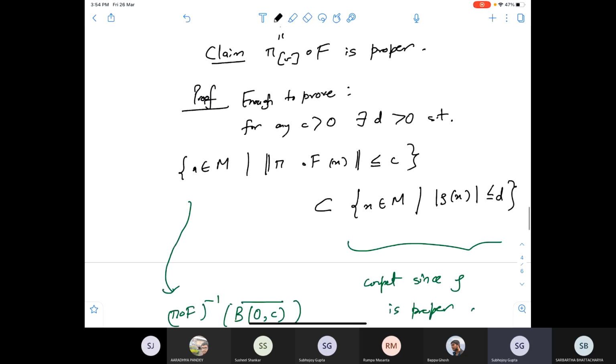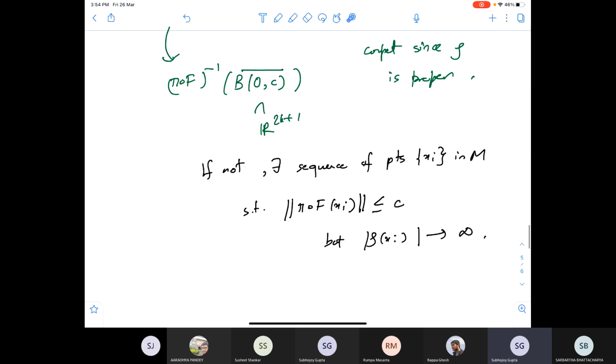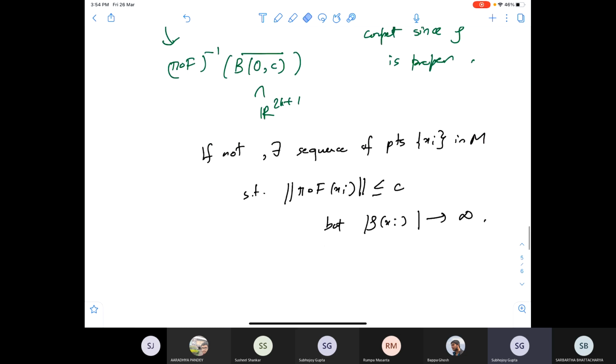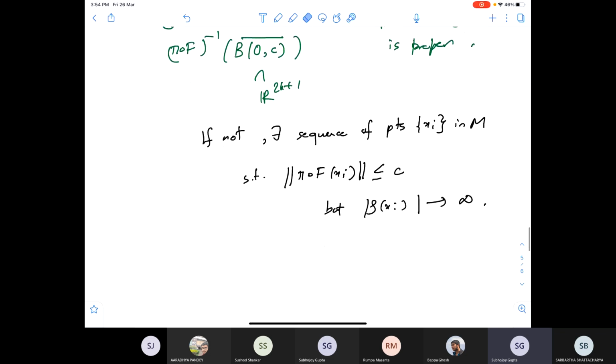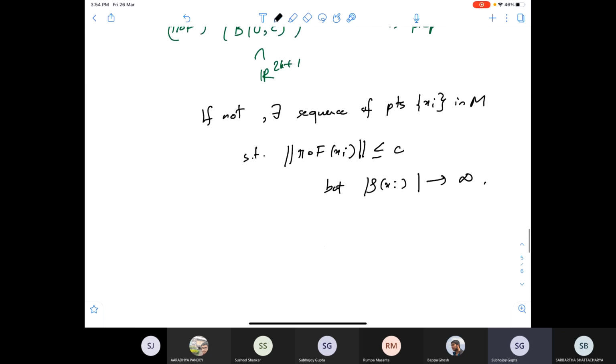Okay, that's the negation of this property not being true. So there exists a sequence of points so that this is satisfied, but it's not contained in anything. You can't find a D, so these rho i's need to go to infinity. All right, that's fine. So how does this give a contradiction? By definition